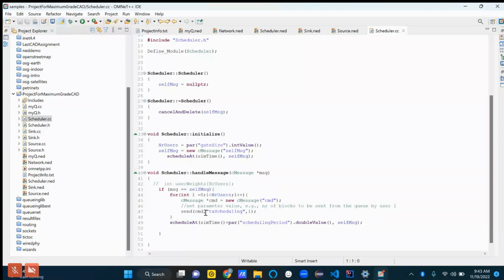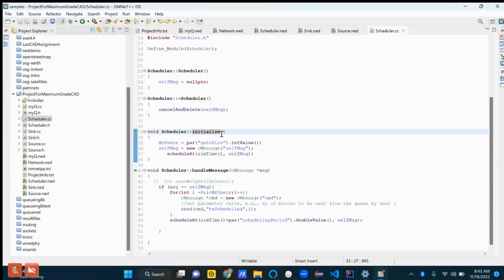And then we have this initialize method, right? And so what we're saying is when we do a scheduler initialize, what's going to happen is we're going to grab this gate size parameter. So there should be in our omnetpp.ini a gate size thing that we provide.